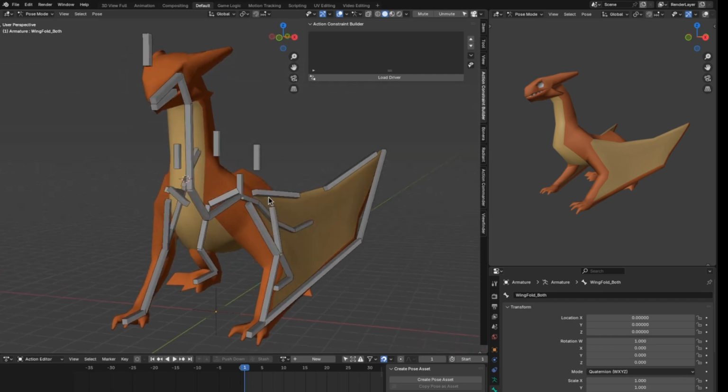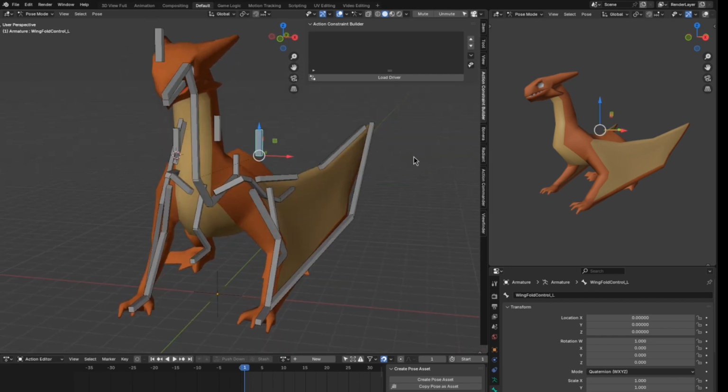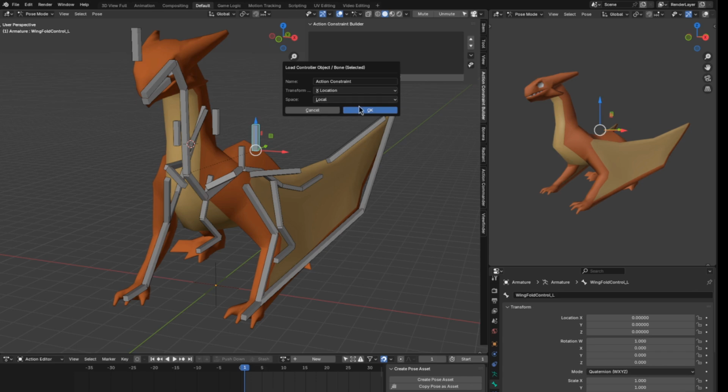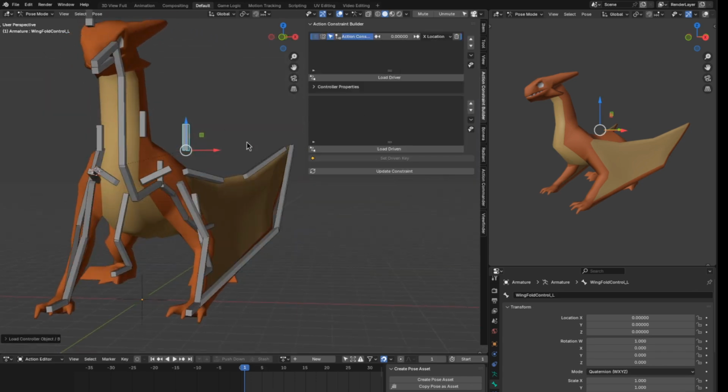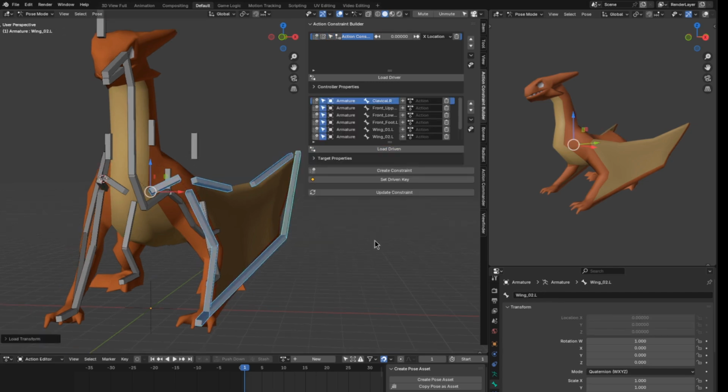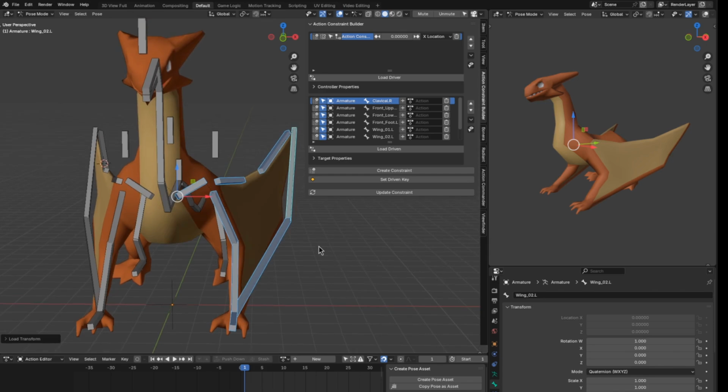First, I need to go to pose mode, and I'm going to select the controller. I'm going to load this controller as driver, and in this case, I'm going to use the location X as the driving channel. So X location, local space is fine, I'm going to load it. And next, I'm going to select the bones that are going to be controlled by this controller, which is all this wing bone. I am going to load driven,